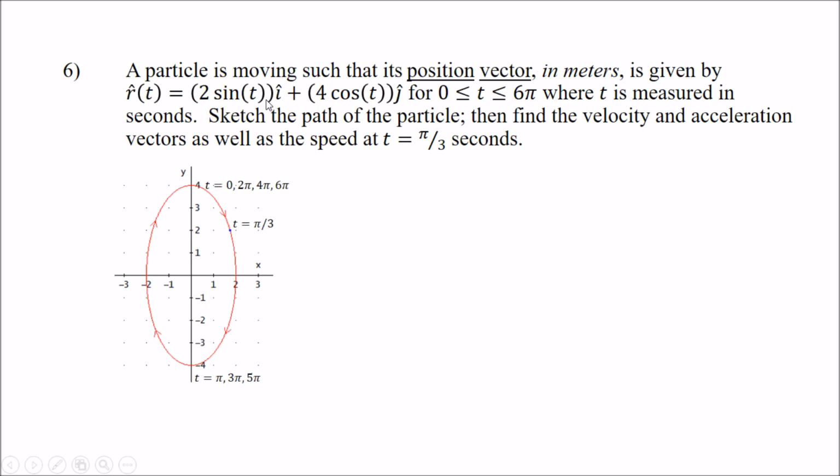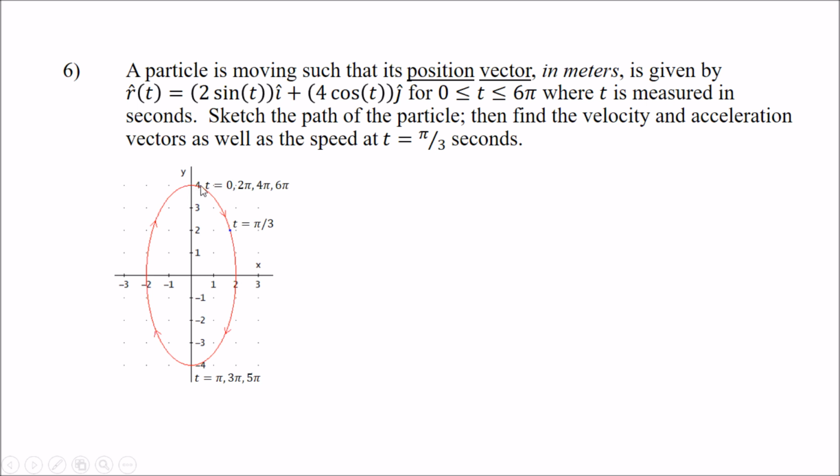What I did was I put my calculator into parametric mode, and I graphed x equals 2 sine t and y equals 4 cosine t, and I graphed it over the interval stated with my calculator in radians. I could convert these to degrees and graph it in degrees if you'd like. And what I find is it's an elliptical shape, and it starts at (0, 4), and it comes over to (2, 0), down to (0, -4), back to (-2, 0), ends up coming back to its starting position